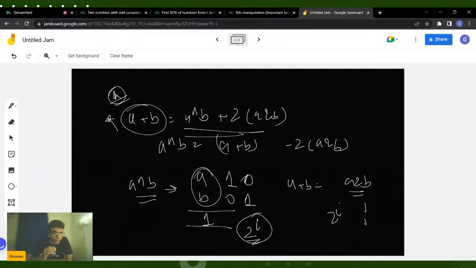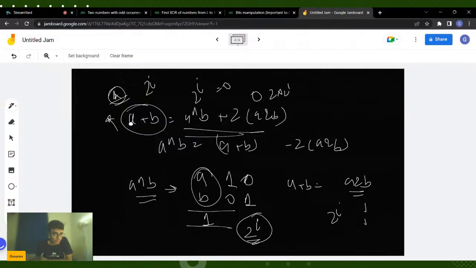But what happens in A plus B? Let's say A is 1 and B is 0, it will contribute 2 to the power I in that case. So this is contributing 2 to the power I, this is contributing 2 to the power I, and this is contributing 0, in the case when either of them is 1 and the other is 0. Now what will happen if both are 1? In that case, the XOR part will become 0 and A AND B will become 1, but this will give 2 times 2 to the power I.